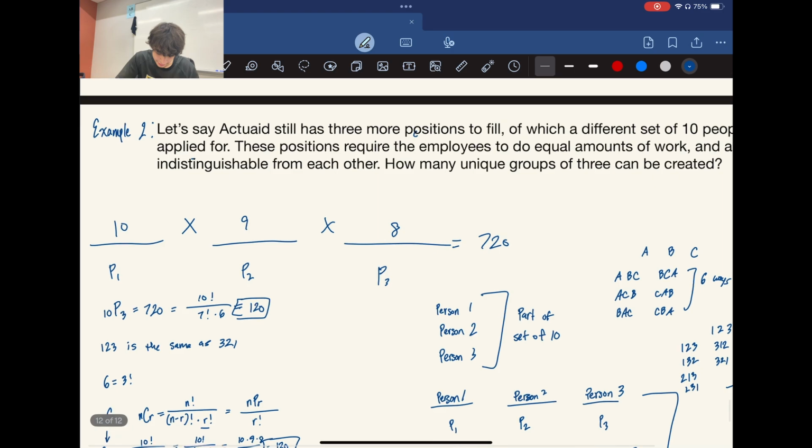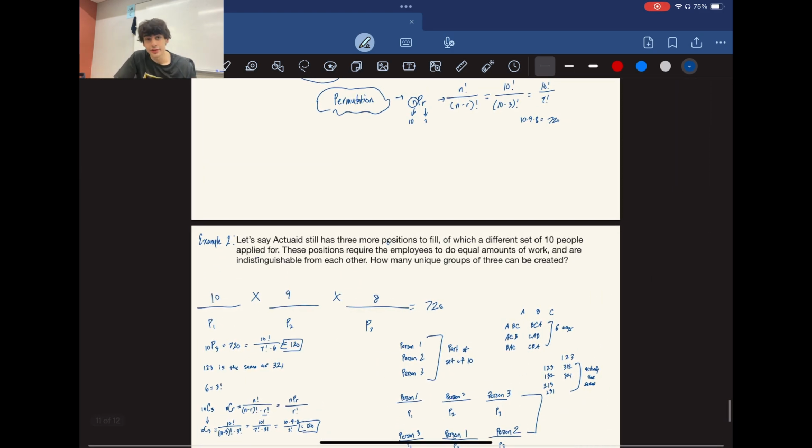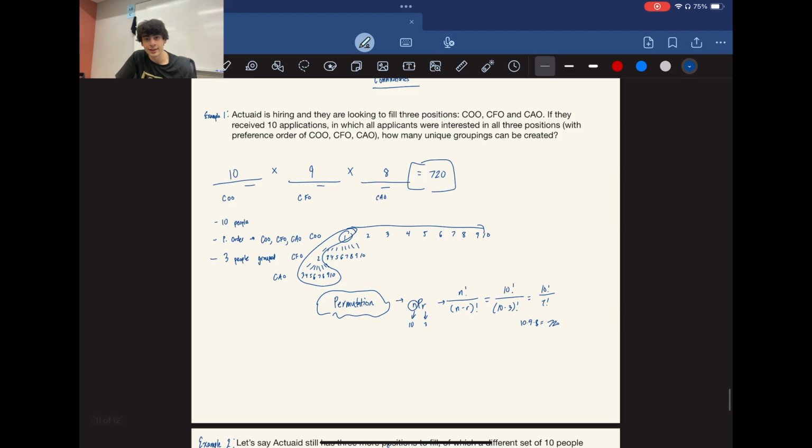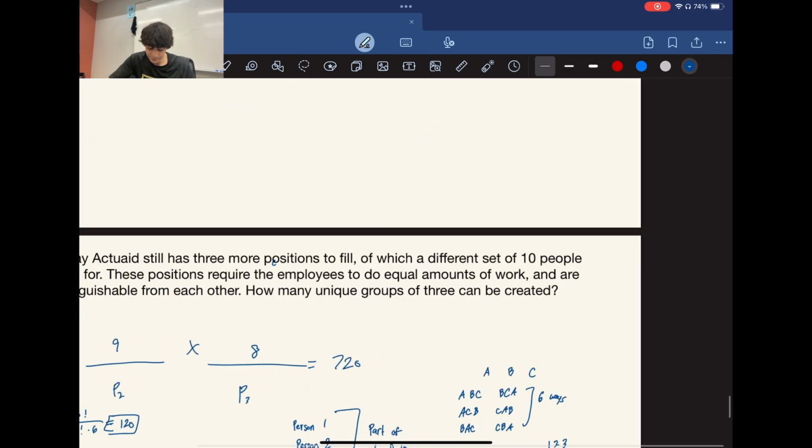And that is a combination. So what's the difference? Why are we using a combination here? Why are we using a permutation there? It's a very valid question. It's the question that I was asking myself when I was learning this for the first time, and the answer